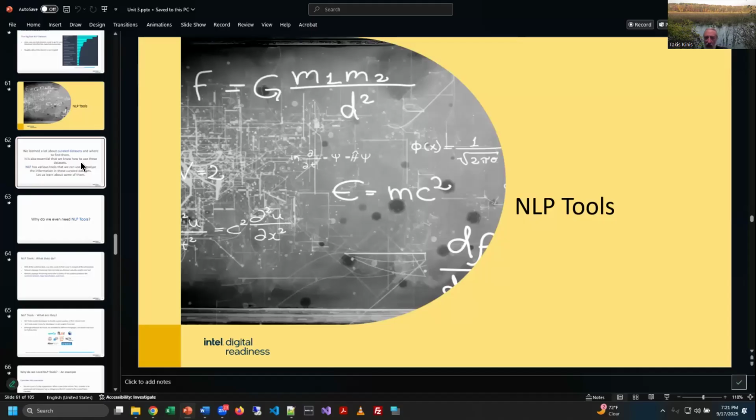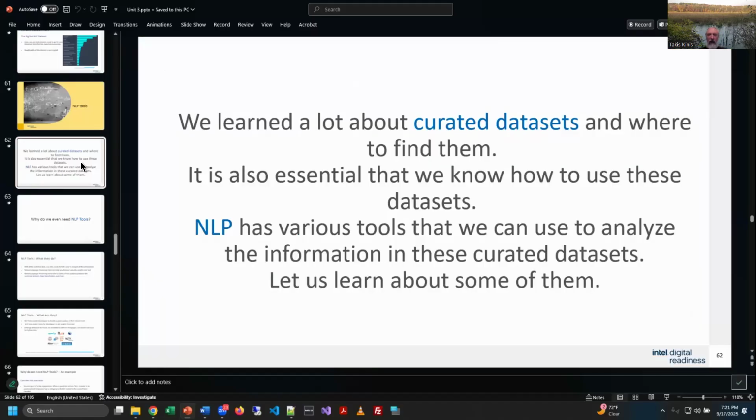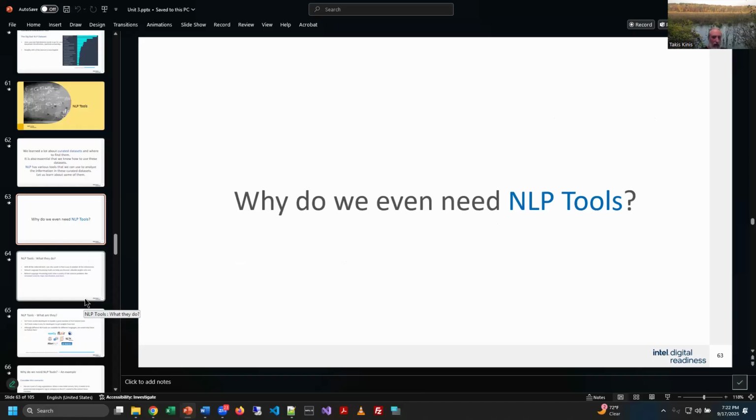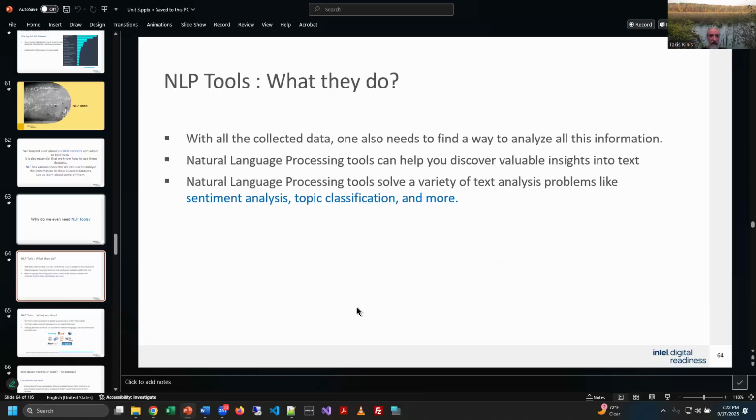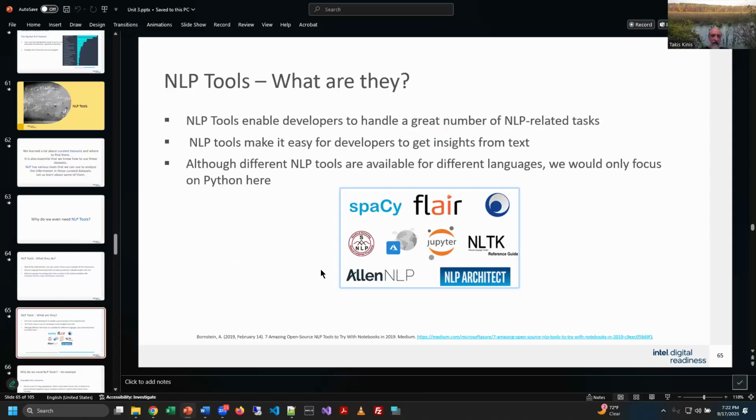Right, now we're going to switch our discussion over to talking about some tools. So now we know where to find some of these, right? And now let's look at some of the stuff that we can do to leverage these data sets, because they are huge. All right, so we are going to look at a collection of different approaches for figuring out some of this natural language stuff and some of the tools that process natural language. And then we will be able to do things like sentiment analysis, topic classification, and other tasks.